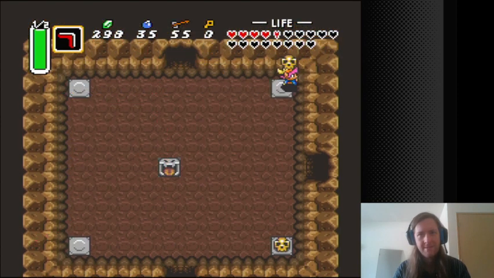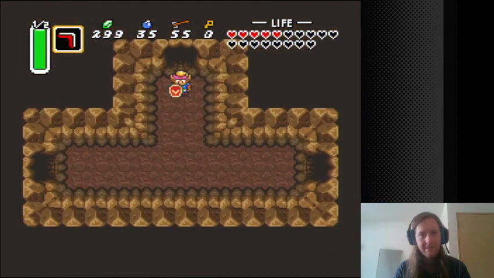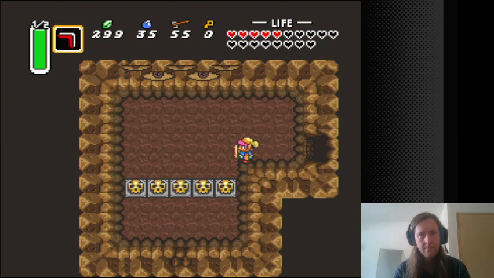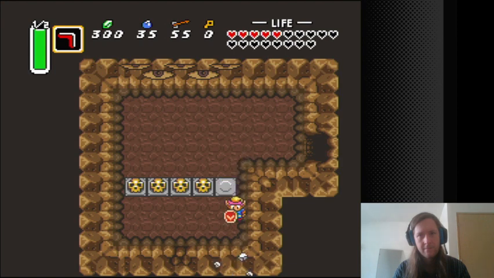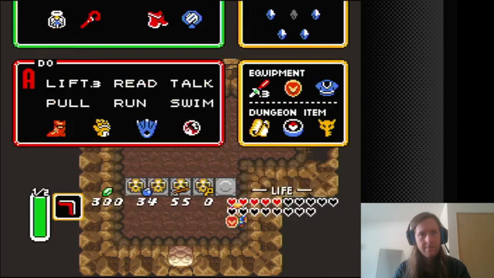Oh man. I don't know which of those two doors I want more. I guess I'll go through the bottom one since I'm near it. Okay. I think two of those eyes will attack me regardless. Yeah, they attack me regardless of what direction I'm facing. I guess I'll try to...